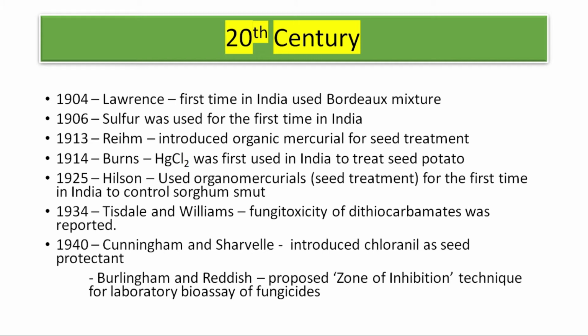is a heavy metal. It gets accumulated in the food chain, which in the long run is deleterious to human health, animal health, and it is not environment friendly. So use of mercury compounds as fungicide is banned. However, when they were found to be very good fungicide, they were used. In 1934, Tisdale and Williams